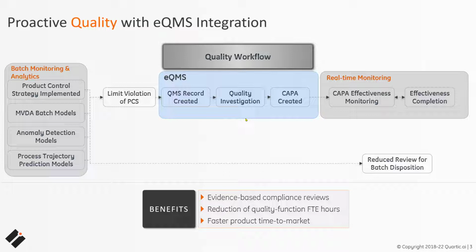So really we're supporting evidence-based compliance and batch review, so we can say, yes, my batch ran as expected and I have good quality, or I had a violation, this is what triggered it, this is the change I made, and here's the data to prove that that change was effective. By being more proactive about quality, ideally we'll be able to say, despite that non-conformance, my quality is good, my batch is good to release. So with that, now I'll hop over into a demo and show you how this actually works within the Quartic